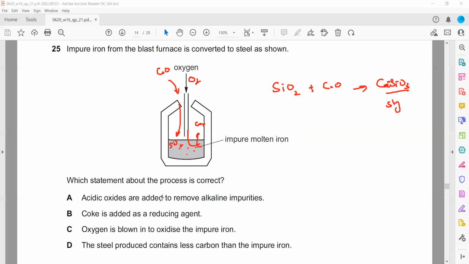Acidic oxides are added to remove alkaline impurity. We don't add acidic oxide, we add basic oxide because calcium oxide is a basic oxide. Metal oxides can be basic or amphoteric, but calcium oxide is a basic oxide. Coke is added as a reducing agent. We don't add coke here. We don't add carbon here. Oxygen is blown in to oxidize the impure iron. Oxygen is not added to iron, oxygen is added to